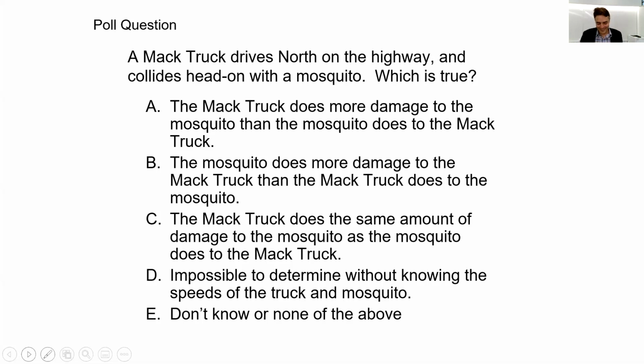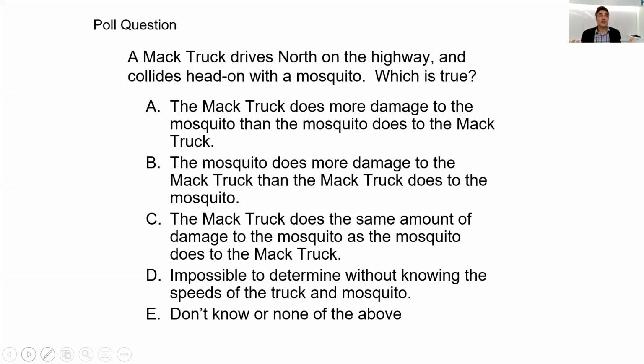Well, this is the strangest poll I've seen. Let me just end it and I'll show you what people are thinking here. So I guess because of Newton's third law, looks like 45% of you are thinking that this mosquito and the Mack truck experienced the same amount of damage. Now I don't know exactly what you were thinking, but in